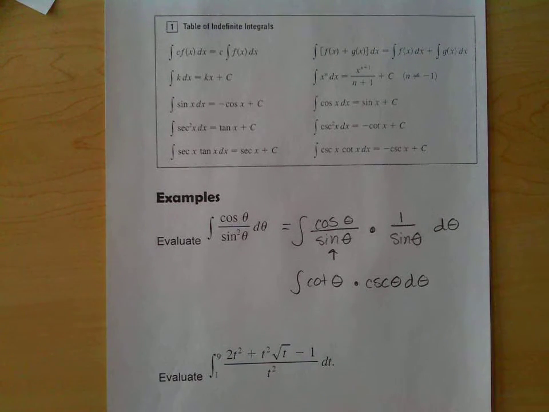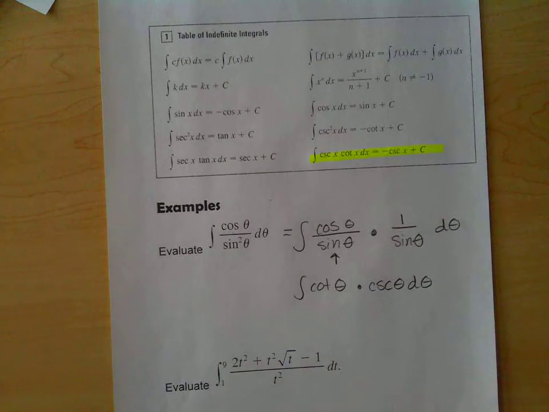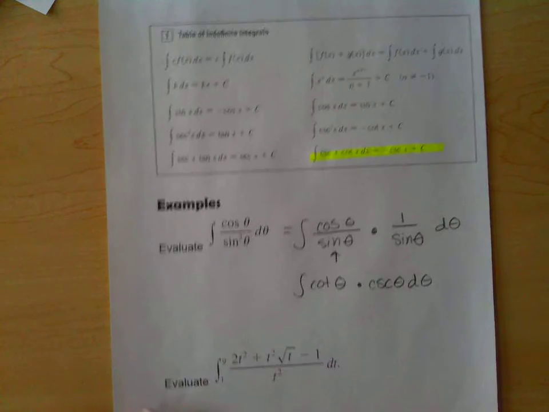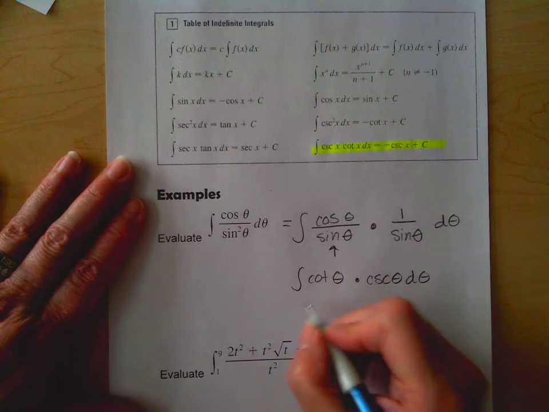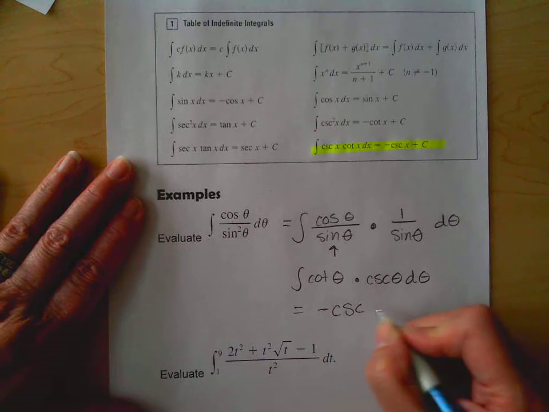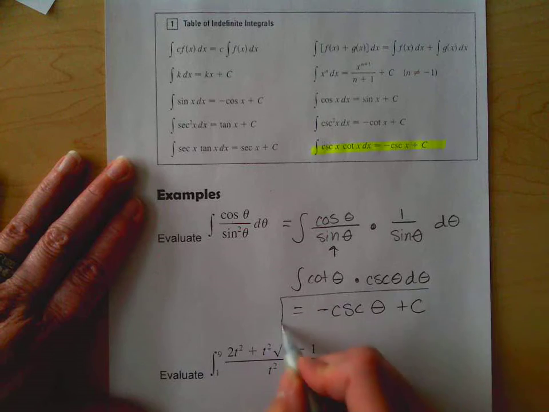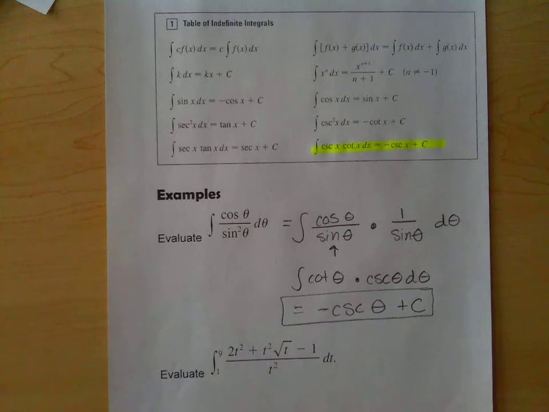It's the opposite of cosecant of theta plus that unknown constant. So notice for a trig example, sometimes you have to manipulate the expressions to get something